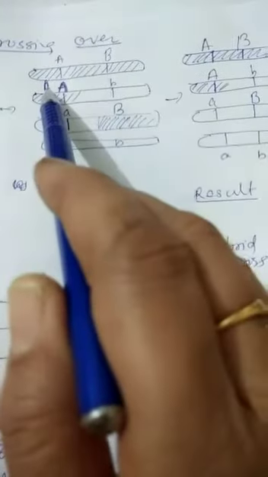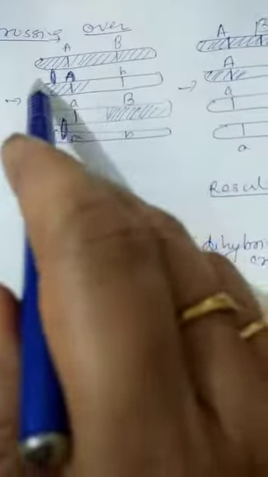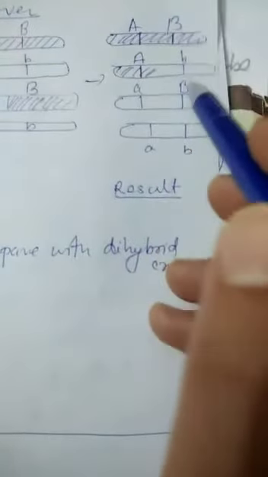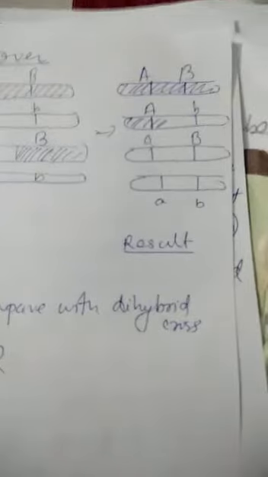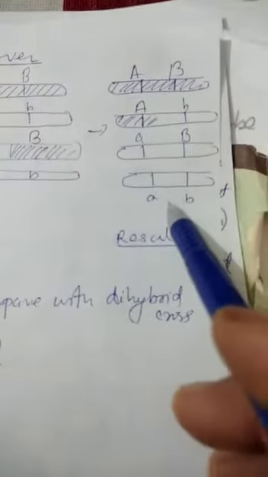Here the centromere is shown like this. So these two chromatids are attached with the centromere, and these two chromatids are attached with the centromere after meiosis 1. But after meiosis 2, these chromatids will also separate and the 4 chromosomes will be separated. That means all 4 types of gametes will be formed. This I have told you many times in the process of reproduction, spermatogenesis, oogenesis, and in previous videos also. So this is one gamete, this is another, this is third and this is fourth.